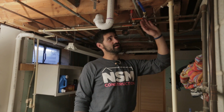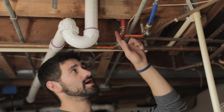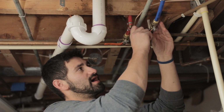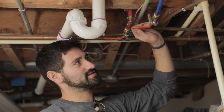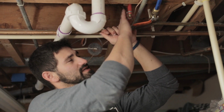Okay, so we finished all of our plumbing and now we're ready to turn our water back on. If you remember, this is for our shower. Obviously cold water and hot water, these are our new shut-off valves. Just slowly turn them on. What I like to do is not turn it on full blast. This is one way to check for leaks: turn it on maybe halfway and slowly ease things on,